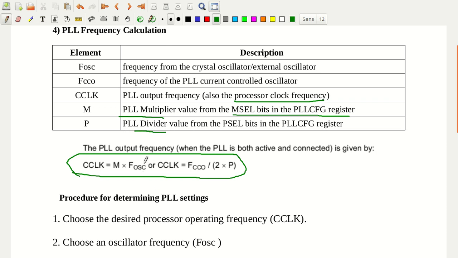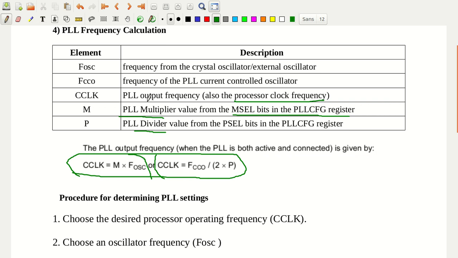This is an OR actually, this is one equation and that is another. So CCLK is equal to M into FOSC, or CCLK is equal to FCCO divided by 2 into P. We are not deriving these equations, it is not required for us.